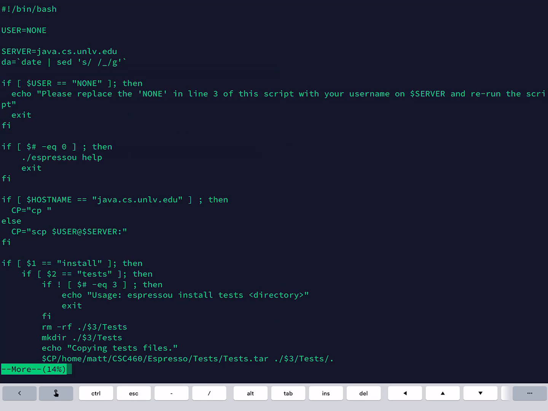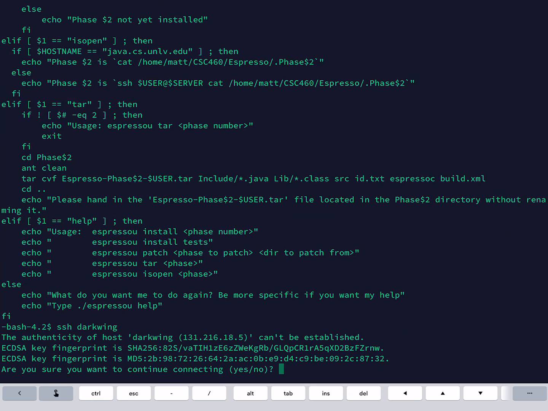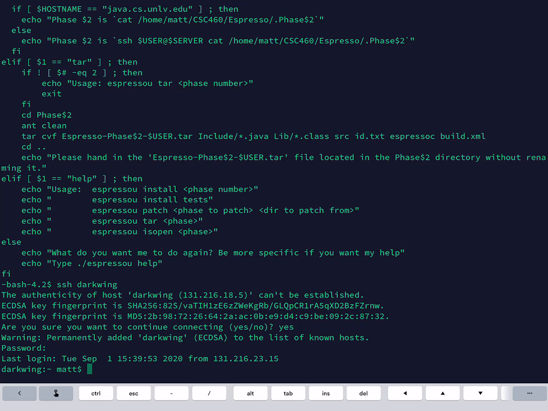espresso u. There's a whole bunch of gunky stuff in there. But let me log into my other machine. There we go. If I can remember my password. There we go.